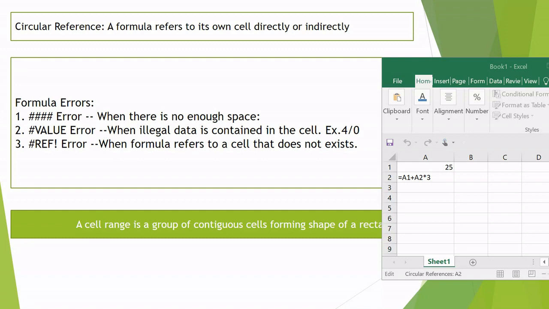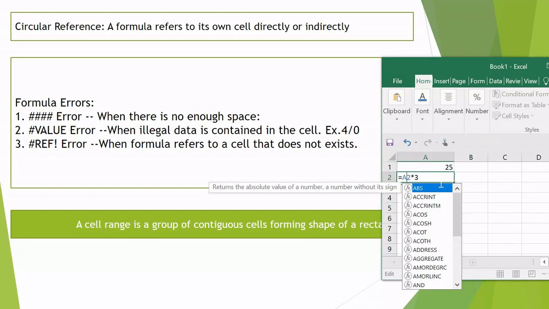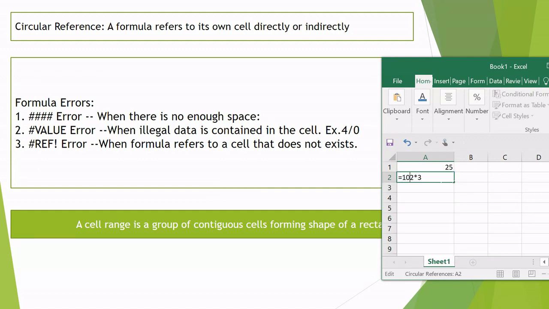Now let us see what are the different kinds of errors that can be thrown when I am using formulas. Like suppose I am having a very huge number as an answer and I try to store it in a smaller column, then it will throw me this error. Let us see how. I want to say multiplied by this. Okay, enter. Still my column is big, so it is showing.